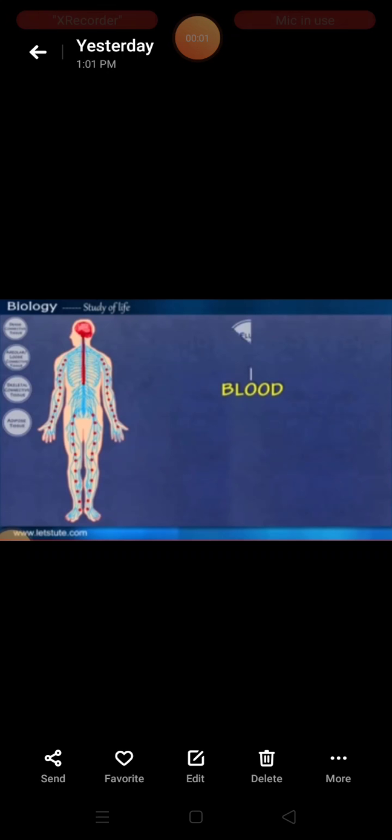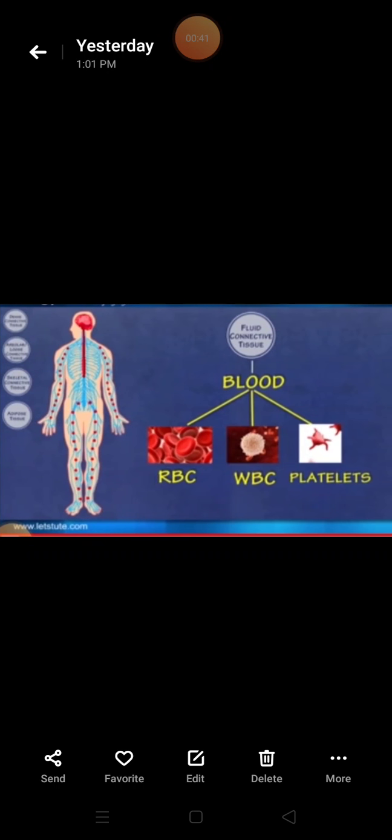Everyone, in the sequence of connective tissue, today we study the blood. Blood is one of the important types of connective tissue where the matrix is liquid, and that's why blood is also known as fluid connective tissue. Blood has a number of suspended, different types of free-floating cells, the blood plasma and some proteins.